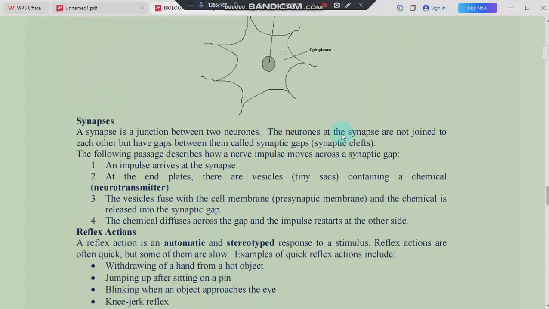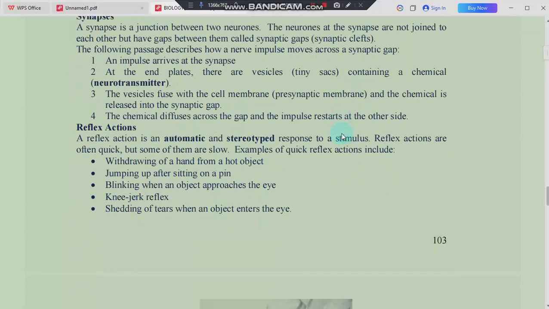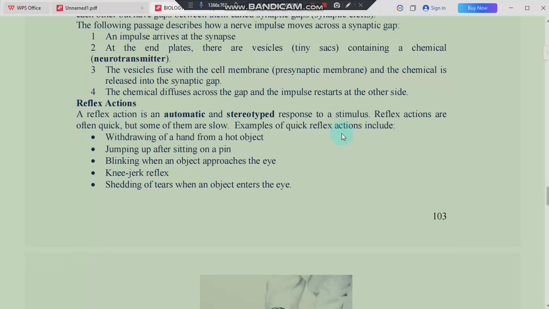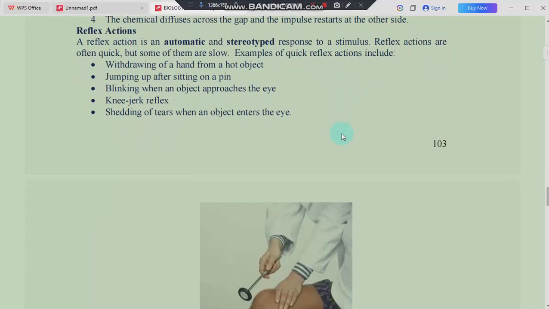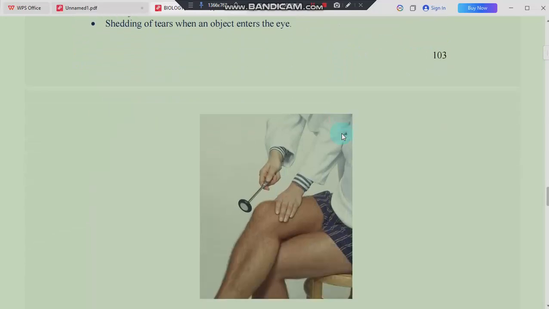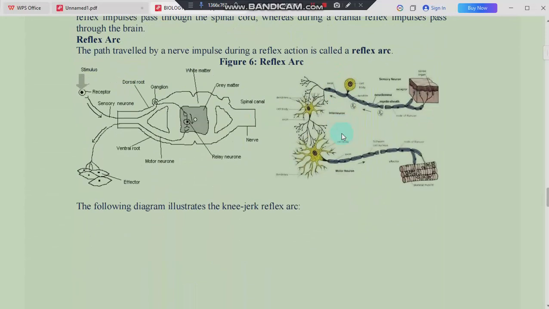And we said there is a gap between two neurons, which we call the synapse, and electrical impulses are going to cross through that synapse using special structures that we call neurotransmitters. And we said examples of these neurotransmitters is acetylcholine, right? And then we have examples of reflex actions, which can be quick or slow reflex actions. And then we discussed the spinal reflex action, in which the electrical impulse is going to pass through this